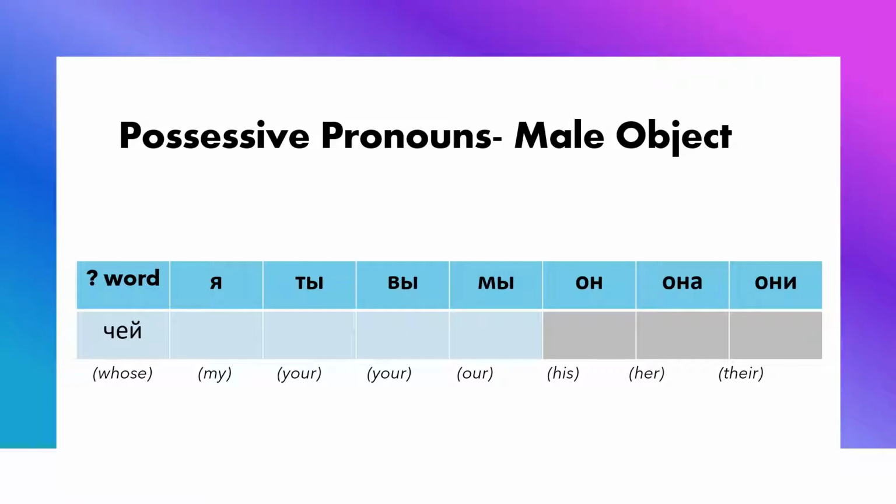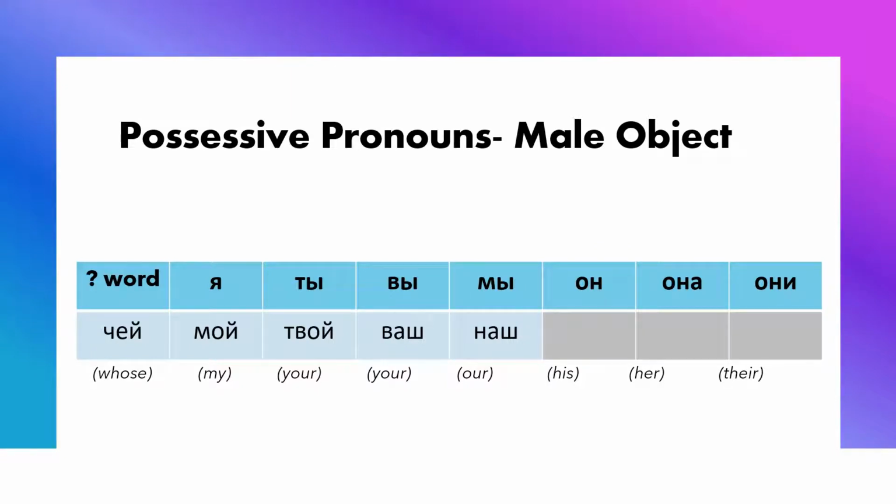So the object фрукт means fruit, and it's male. If I want to ask, whose fruit is this? I would say, это чей фрукт? Whose fruit is this? Or this is whose fruit? My would be мой. So, pretty similar to English. My is мой. Your is твой, and that is in the informal or singular form. Your formal or plural is ваш. Our is наш. Okay, so these so far, чей, мой, твой,